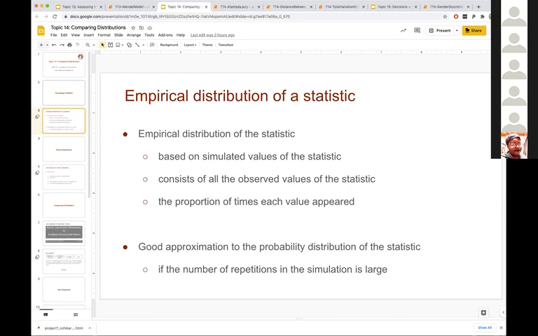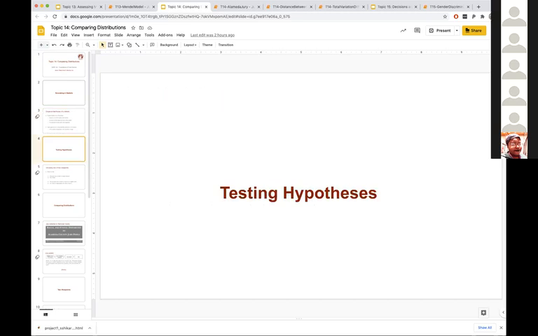And the idea here is, if the number of repetitions in our simulation is large, if we do a large number of simulations, this is going to be a good approximation to the actual probability distribution of the statistic. Okay, and so